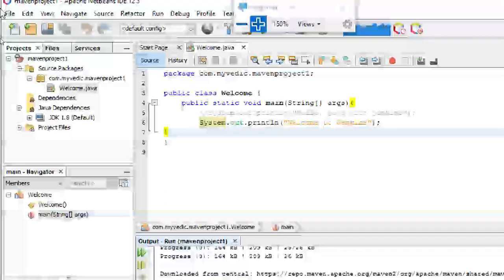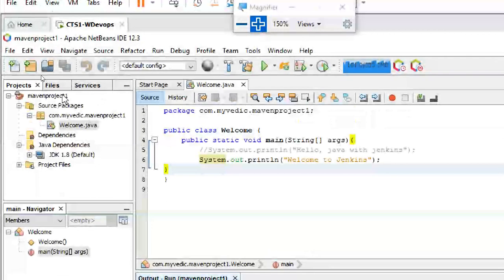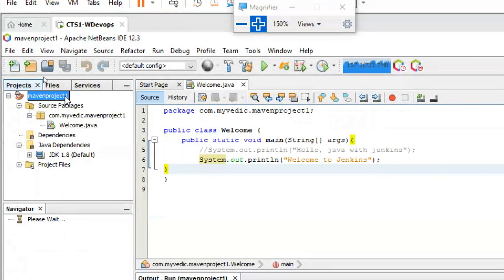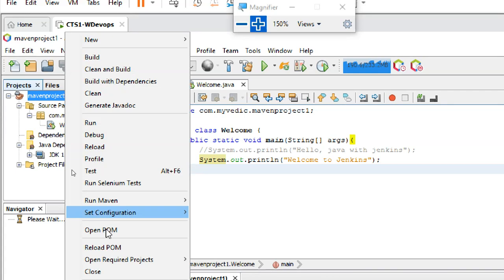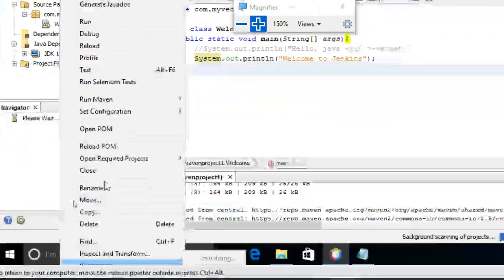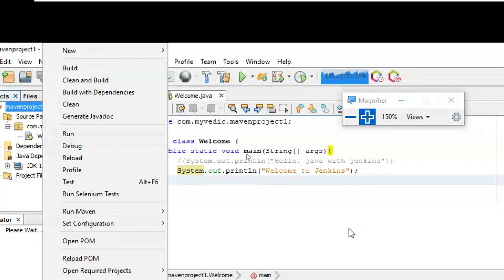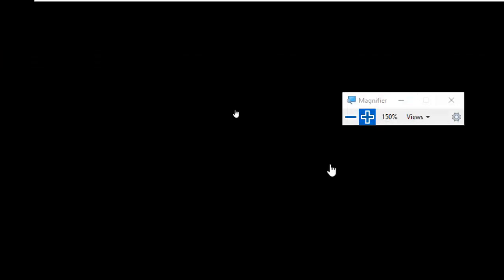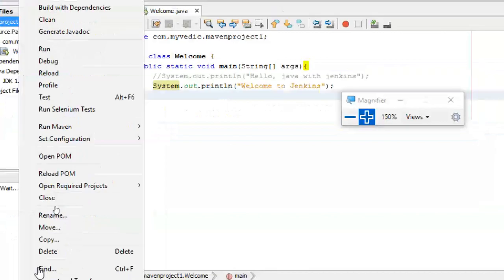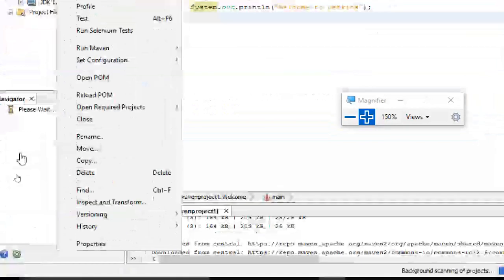Okay. Now the question is how to put this thing into GitHub. So I'm showing directly how to put this one into GitHub. I don't want to wait for something. Okay, right click. Now can you see this one?